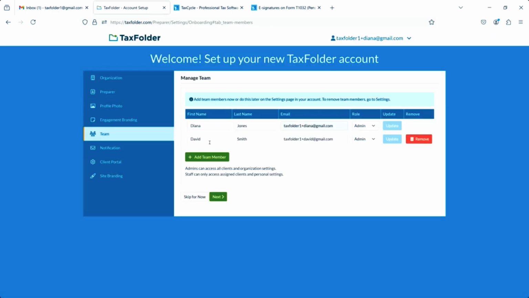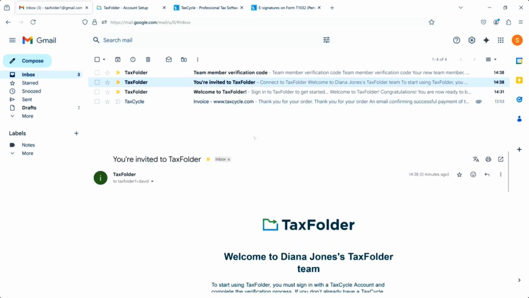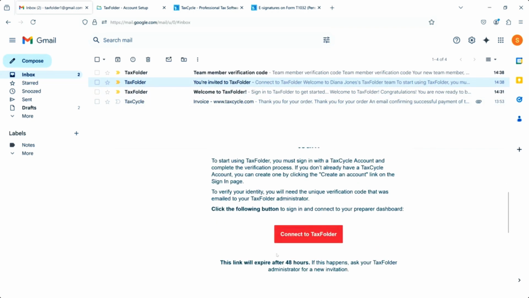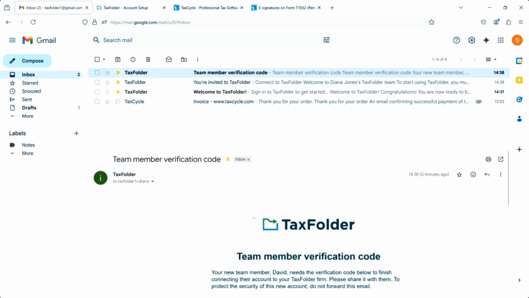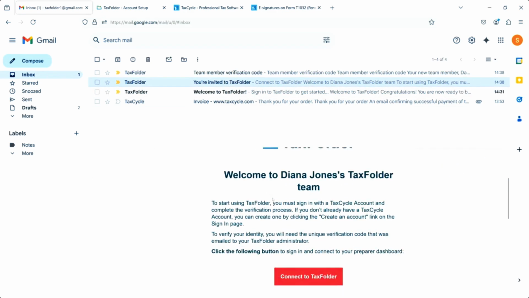Then what will happen at this point is that team member is going to get an email saying they've been invited to TaxFolder. So that's this email. And it's going to say you need to connect to TaxFolder. This second email will get triggered to me, the person that added that team member. So in my case, I'm using one Gmail account for everything, but this will most likely, in your case, go to separate email accounts. You'll need to share this verification code with your team member in order to allow them to connect, because when they go to connect, it's going to ask them for